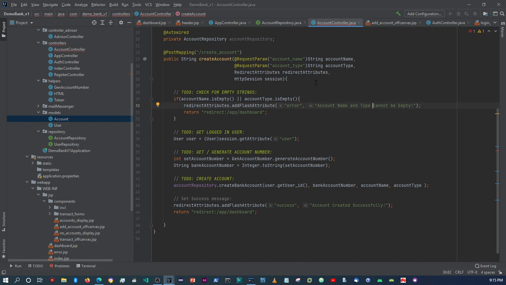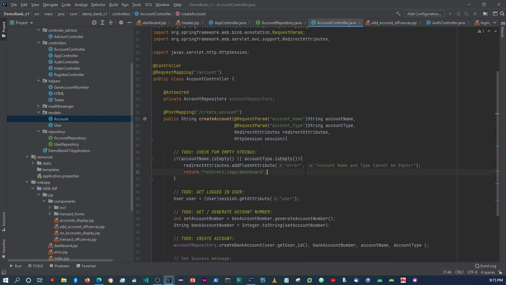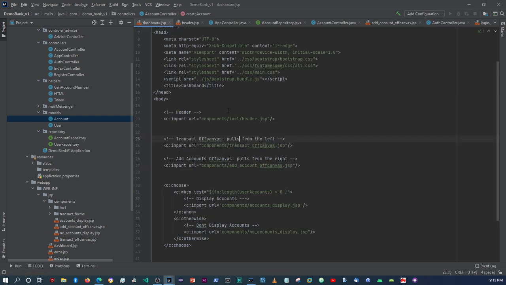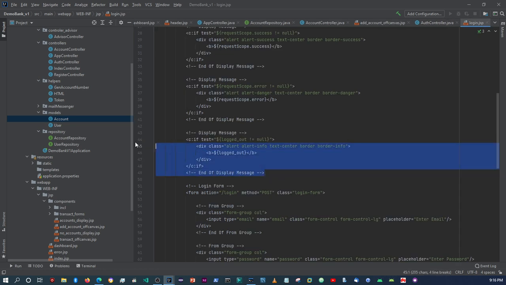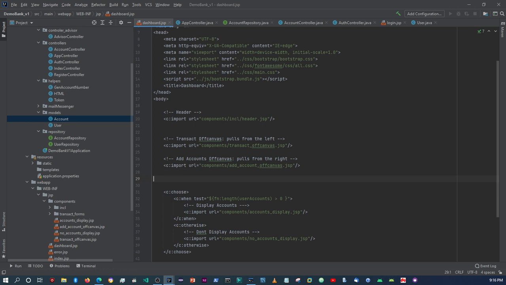All right. So now on the dashboard, there seems to be an error somewhere. Oh, over here, I'm missing a closing bracket. Okay, so I think that's fine. So on the dashboard, we can take what we did within the login form, right? And then take this message over here, close that. What else can we close? Let's close that, right? And then we can maybe display, okay, here it's the header, here it's the off canvas, so we can display it here,